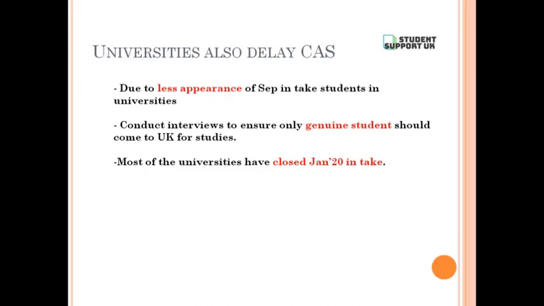Some students actually just deposit their fees for their first quarter and went to universities for a few days, and then they disappeared. So there is a lower attendance of students in the classes. Our universities are very concerned because people have already abused the Tier 4 student visa. So now universities are very keen to ensure that only genuine students are allowed to come to the UK for higher